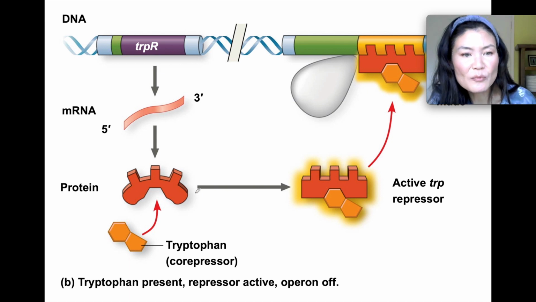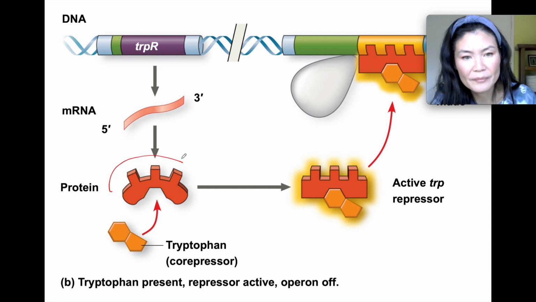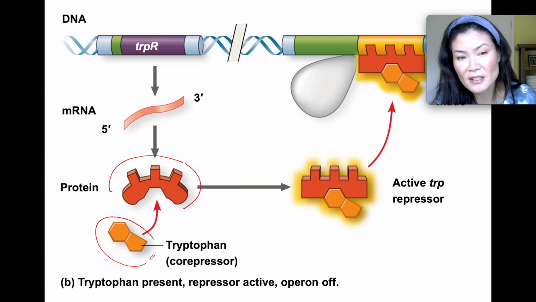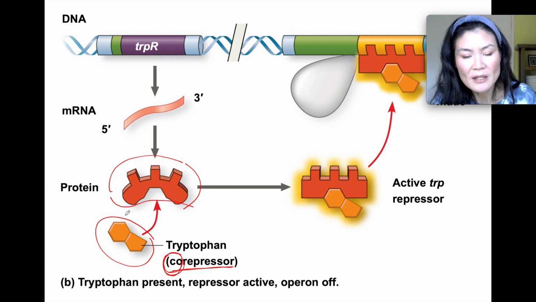So what does the repressor do? This is the inactive form of the repressor. Okay, but remember how we said tryptophan is going to shut down those genes? Well, it acts as a co-repressor. Remember that the prefix co means together. It's going to work together with the repressor. Together as a repressor, when it comes together, it's now activated. It's now active. It's going to bind to the operator.